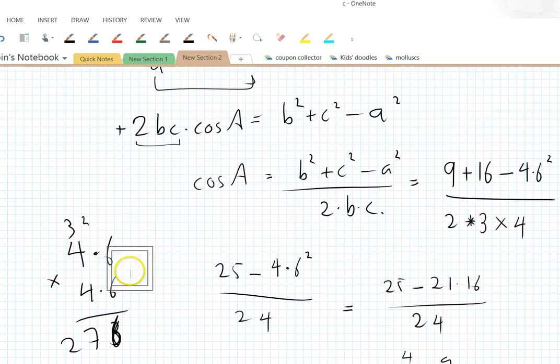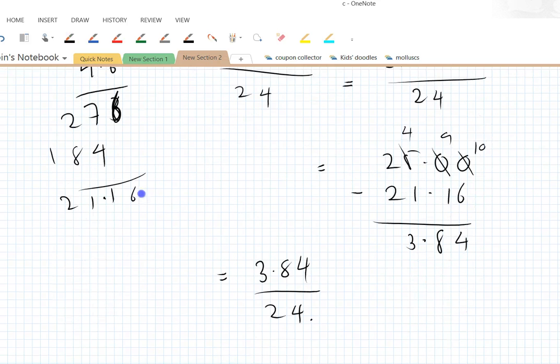So, just refreshing our memories. Cos A equals B squared plus C squared minus A squared over 2BC, which equals this, because that is B squared plus C squared minus A squared, which is 4.6 squared, over 2 times B times C, which is that, which is this, which is